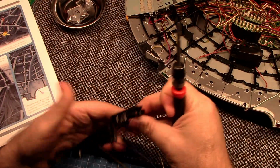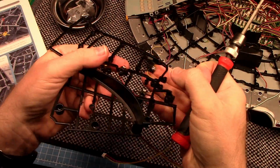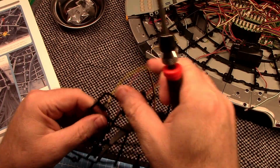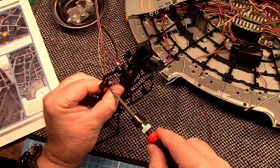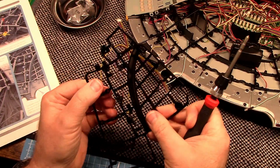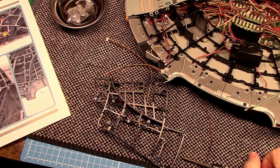Okay, that one is in. Doesn't look great to me, but as long as it holds that in, I guess. There we go. Alright, that's done. Now,